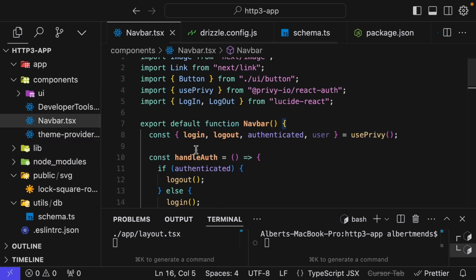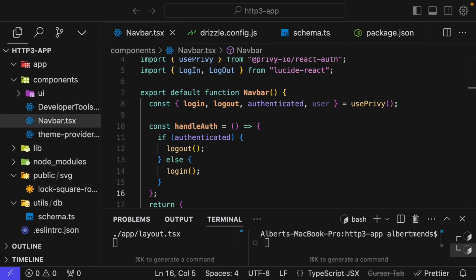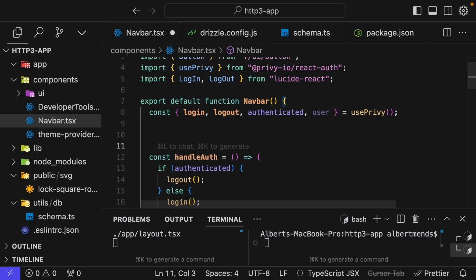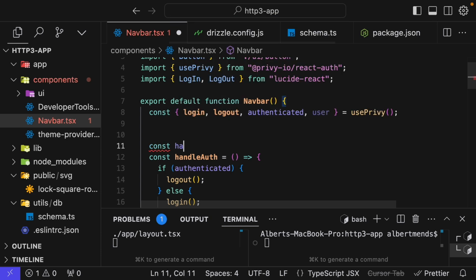So back to navbar. So we are going to create a new function named handle user authenticated. So this function is going to check if a new user has been authenticated and save the records inside our database, right? So let's create that function over here. So right on top of the handle auth, let's create a function, handle user authenticated, async,